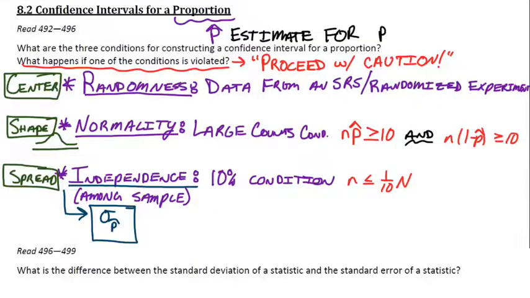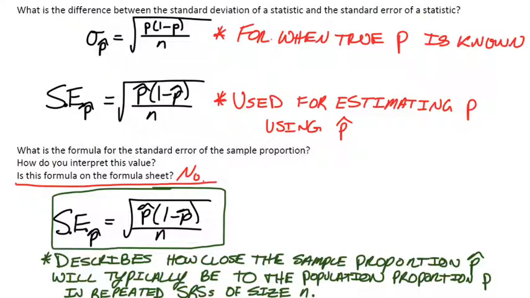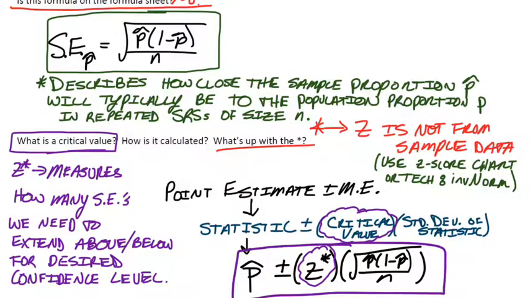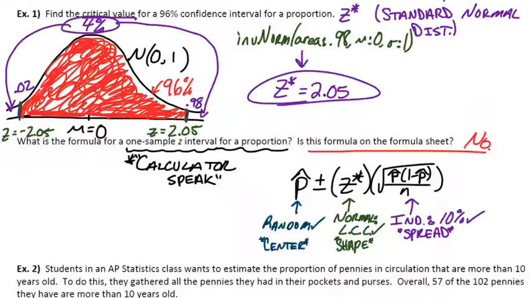All right, so we talked about the conditions for these confidence intervals. We talked about the formula for standard error of p-hat. We talked about the actual formula for calculating a confidence interval for a proportion. And we went into detail about critical values, and we'll need those for the next section too on means as well,